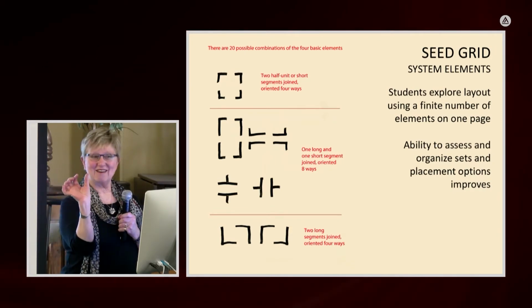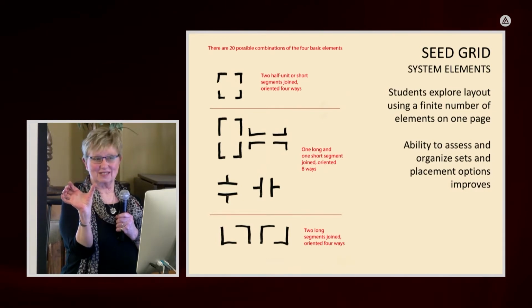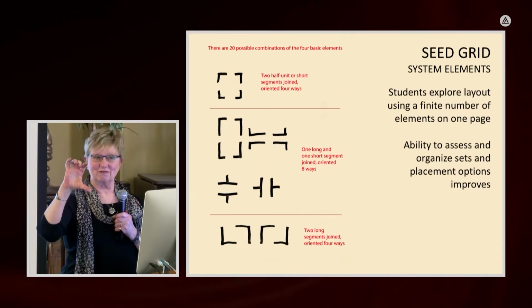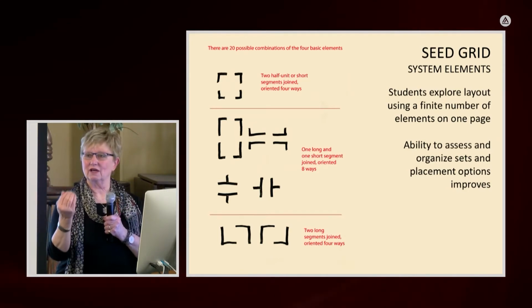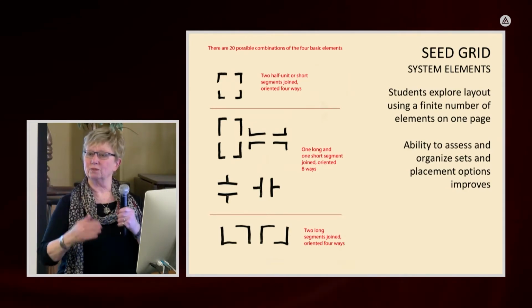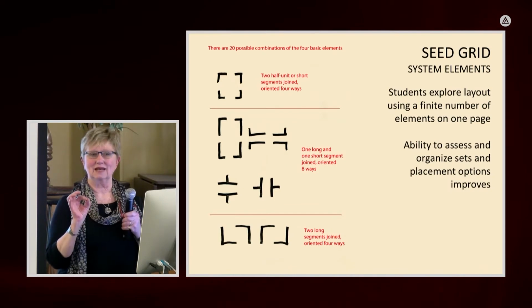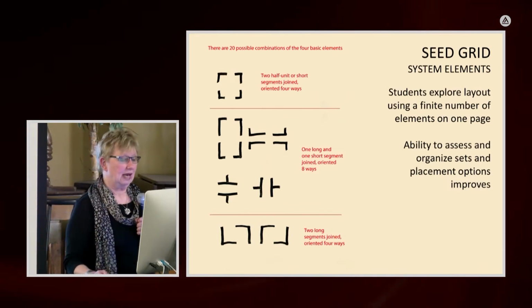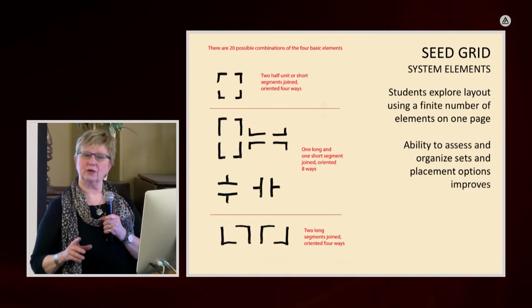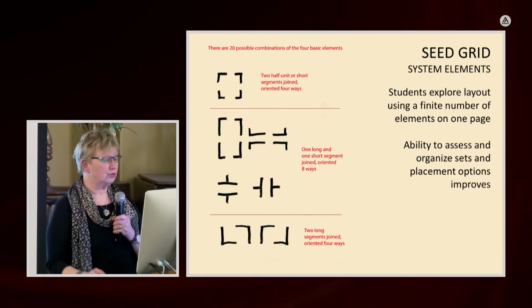One is half a unit, and a full unit horizontally, and a half a unit and a full unit vertically. So by putting these together, you get used to playing with the sets of items in this field. And we work with those